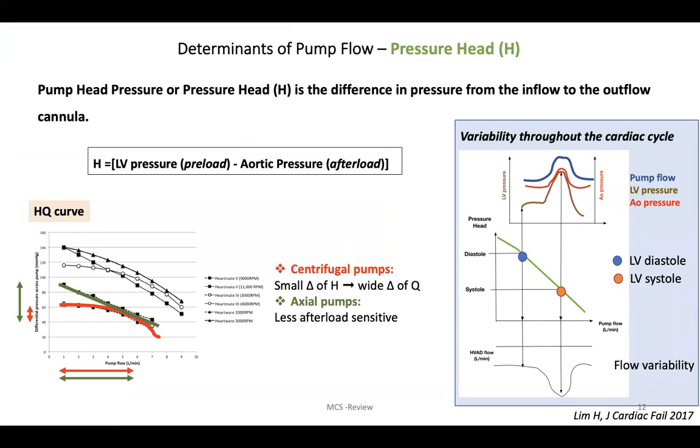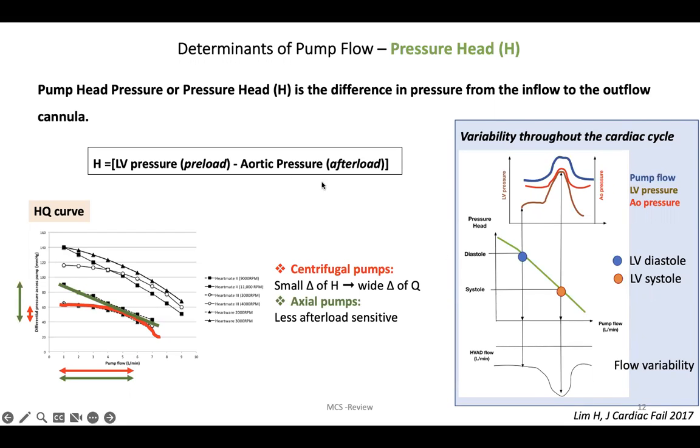The pump head pressure, or pressure head, we're going to call it H, is the difference in pressure from the inflow to the outflow cannula. In other words, it's the gradient of pressure between the LV and the ascending aorta, and this is the absolute value of this